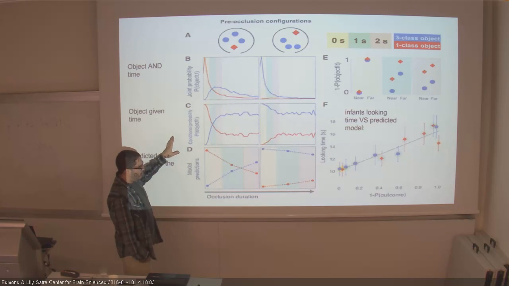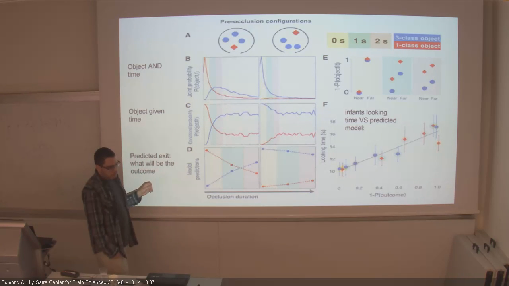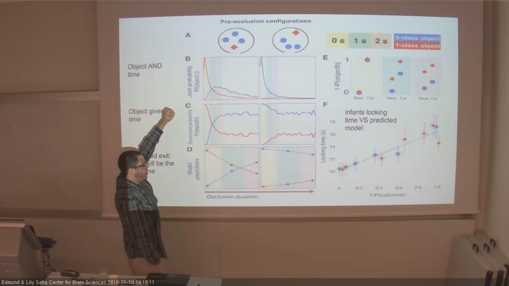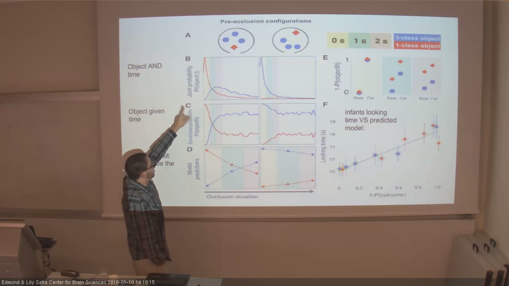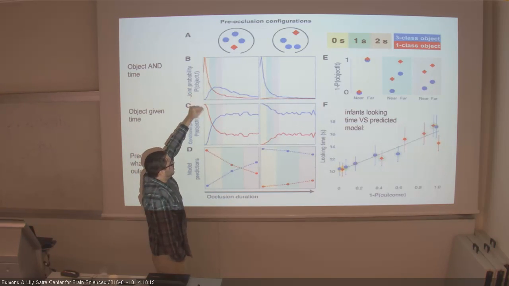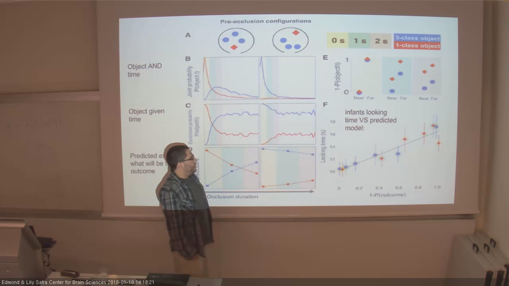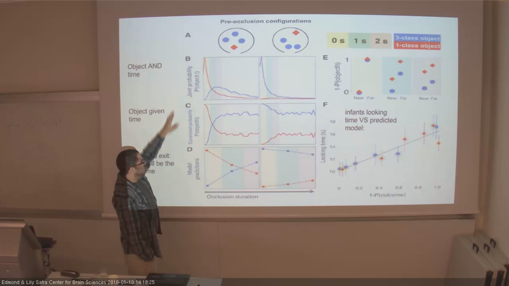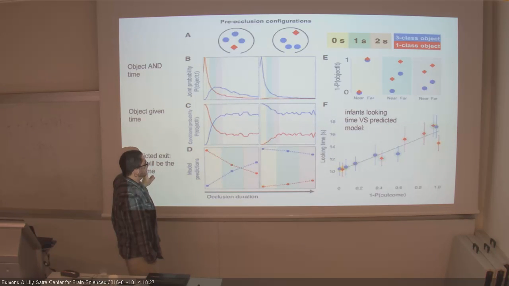So this is the conditional probability given that the object leaves at a particular time. What's the likelihood that it will either be the red object, which is less numerous, or the blue object, which is more numerous? And here we have two different initial configurations, one where the red object is closer to the exit, and one where the red object is further away. So what we can see is that in this case, where the red object is closer to the exit initially,